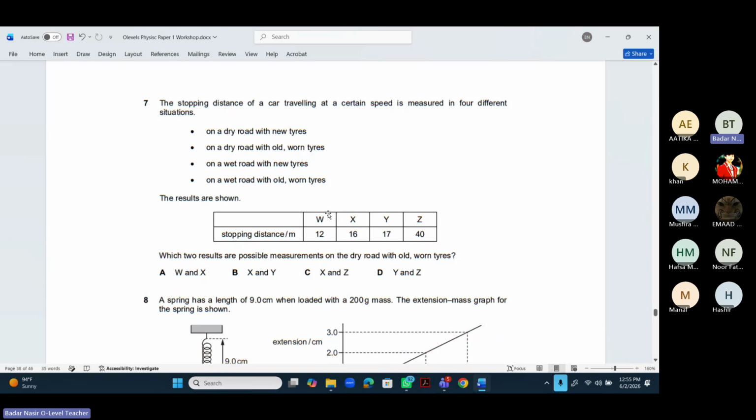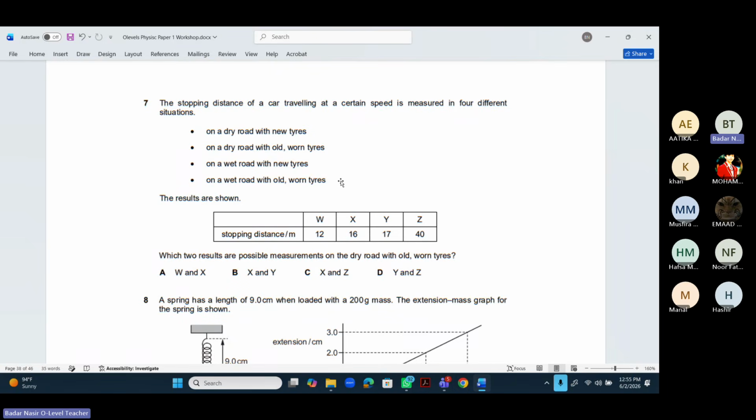Question number 7, where the stopping distance of a car traveling at a certain speed is measured in 4 different situations. On a dry road with new tires, on a dry road with old worn tires, on a wet road with new tires, on a wet road with old worn tires. The results are shown. Which two results are possible measurements on the dry road with old worn tires? ठीक है. So okay, so ये stopping distance है